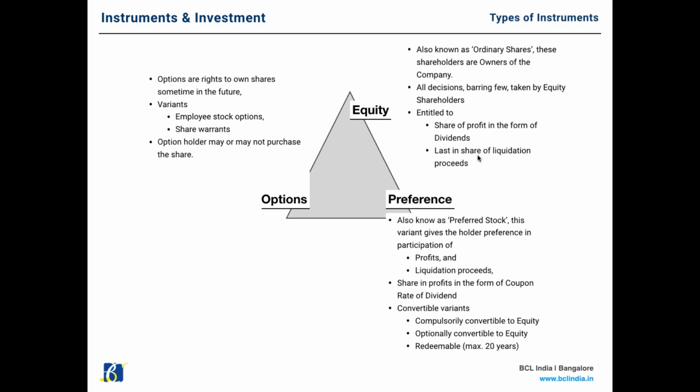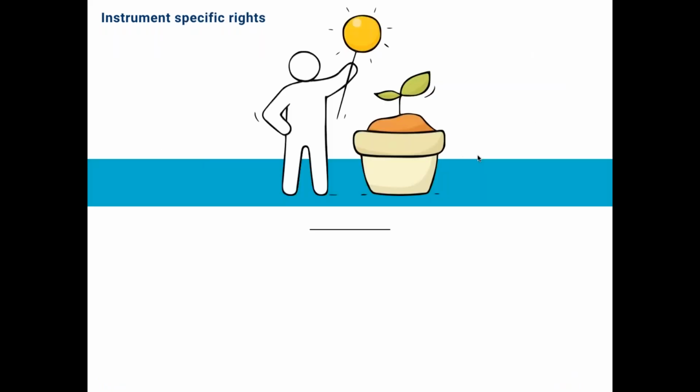So by that, it means that you may or may not exercise the option. If you do not exercise the option, it basically lapses, so you don't get any shares in return. And if you exercise it, you'll have to pay the price. You'll have to pay the value attached to those shares under a contract to acquire the rights. Now, option price and exercise price are two considerations that you'll pay. Option price is at the time of buying the option. Exercise price is at the time of buying the share. So these are two price points that you look at.